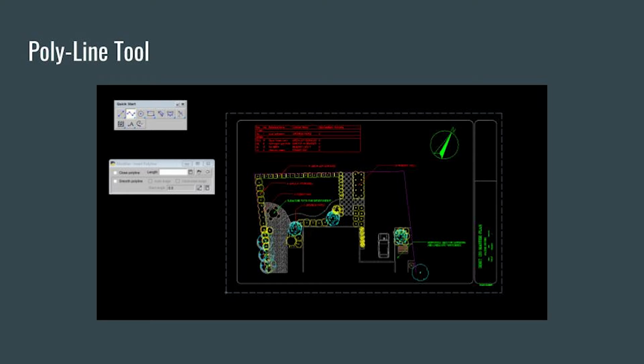This I feel was a significant improvement over AutoCAD's arc tool, because it made the process of creating arcs much more efficient. Another aspect of this tool was the close polyline, which would create a closed and complete figure, connecting the last point to the first when desired with a simple right click. We used this function to create many different elements of the drawing, and it especially helped with making the hatch